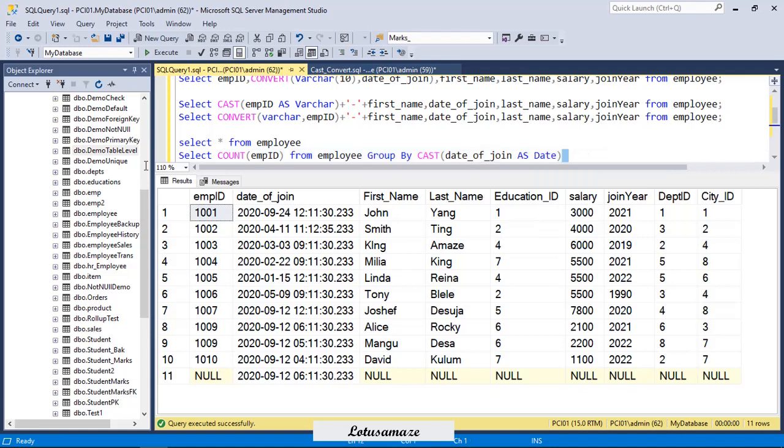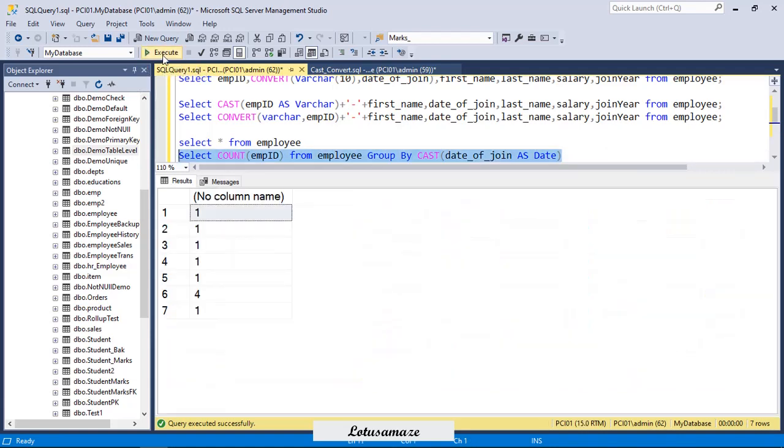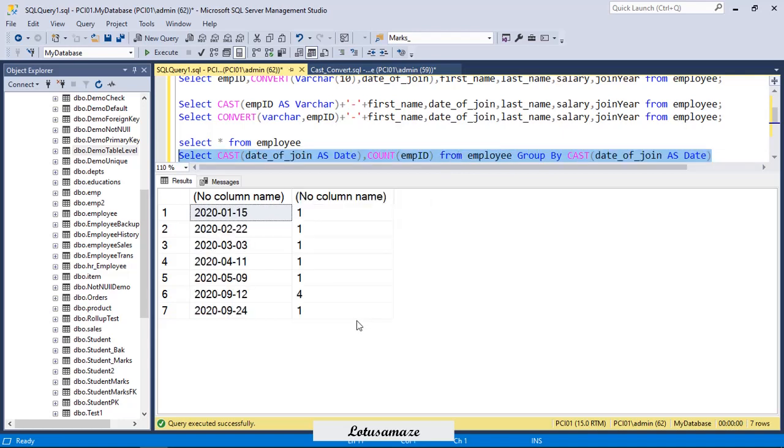Now if I try this one, you can see on 9/12 there are 4 employees who joined the same date. The time has been ignored because we converted the datetime into a date.